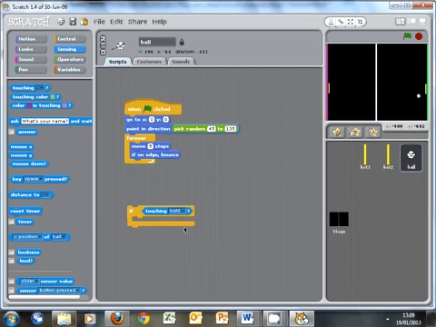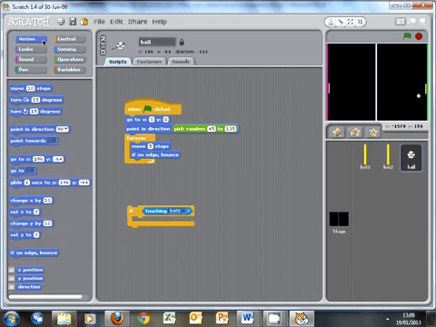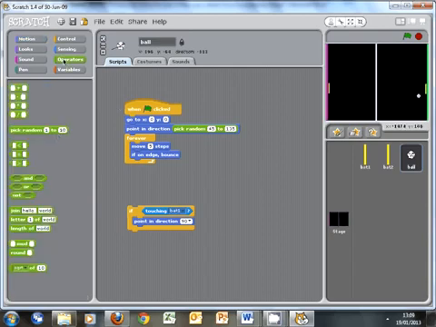Now what we want our ball to do is bounce off, so we need to say where we want it to be. So we want it to point in direction. Now we want it to be 360 degrees because obviously we want it to spin right round and travel in the opposite direction, and we want to make it a little bit interesting. Okay, so what we're going to do is put in a little operator which will take away